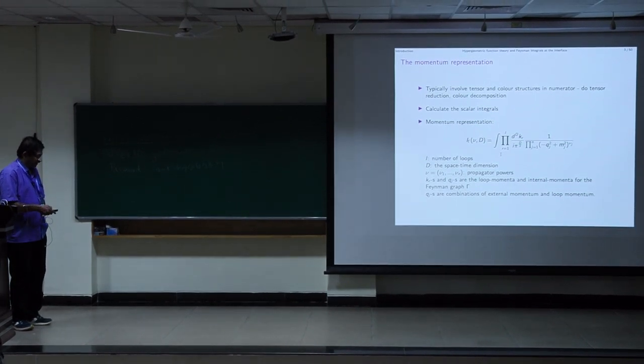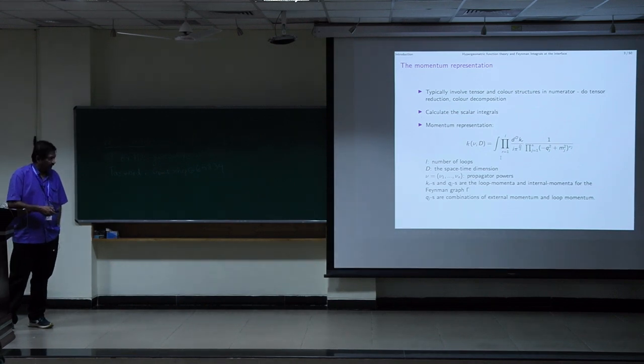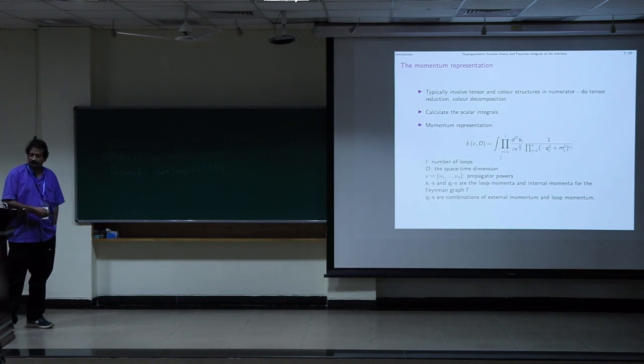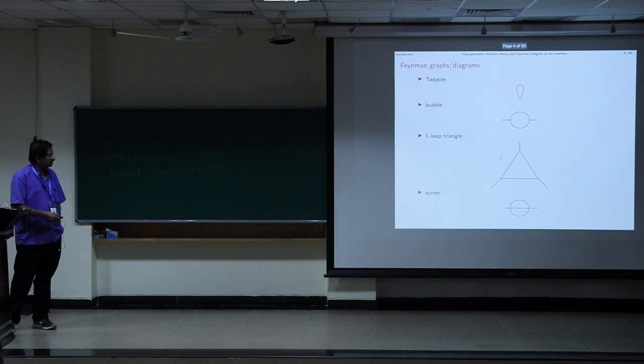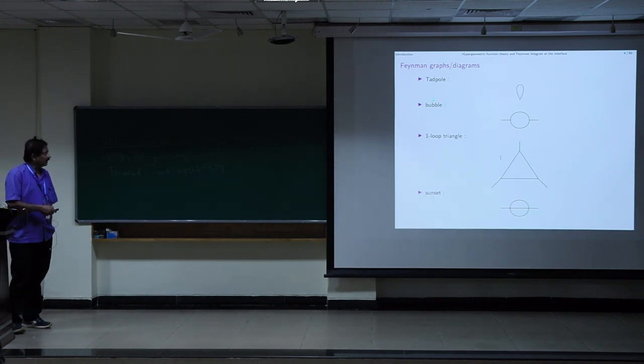So this is a very generic Feynman diagram, and a lot of the things that we are talking about cannot really be done for more than 2 loops, and sometimes in special cases for 3 loops as far as analytic continuations are concerned. Here are very basic Feynman diagrams that we have over here, and they go under these names